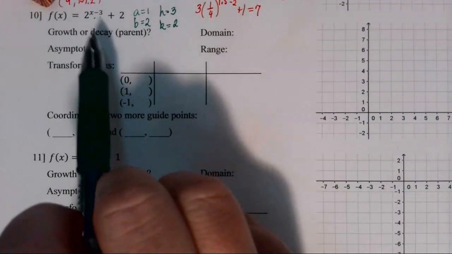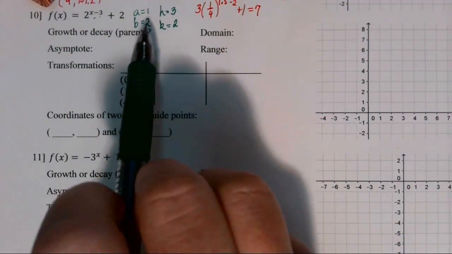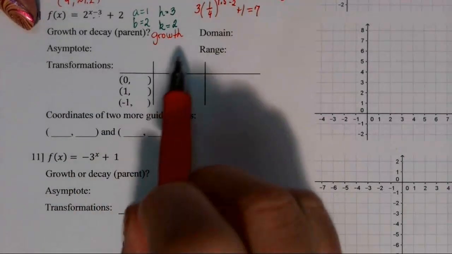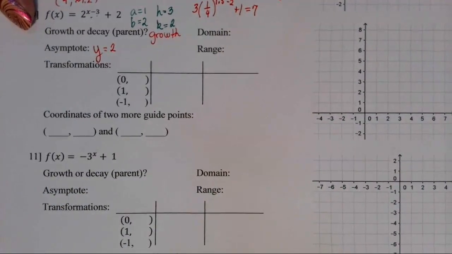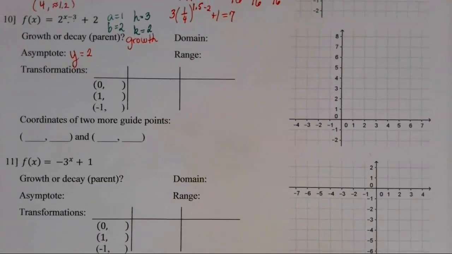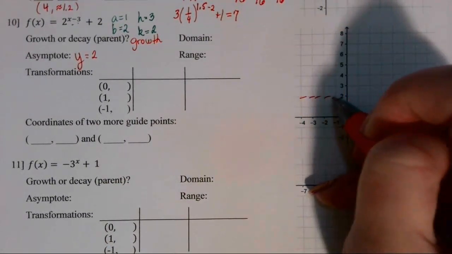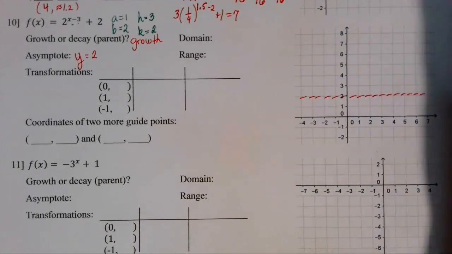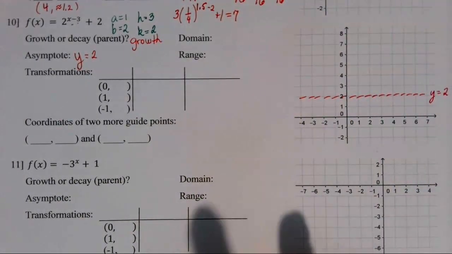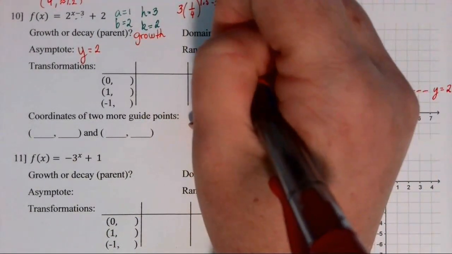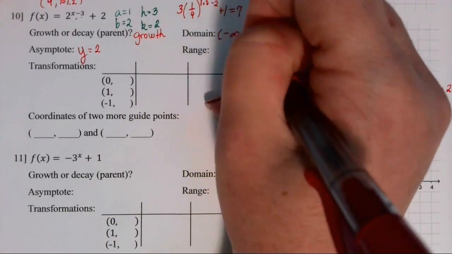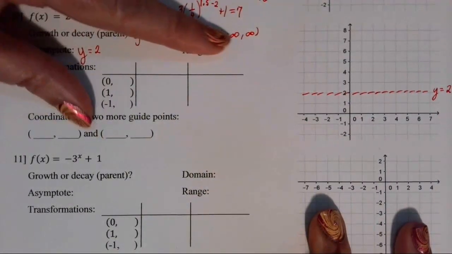Okay, since the base is greater than 1, this is going to be an exponential growth function, and the asymptote is through k, so y equals positive 2 is the horizontal asymptote. And we can come over to the graph then and sketch that horizontal asymptote as a dashed line through y equals positive 2. Okay, now the domain of all of our exponential functions is negative infinity to positive infinity, and